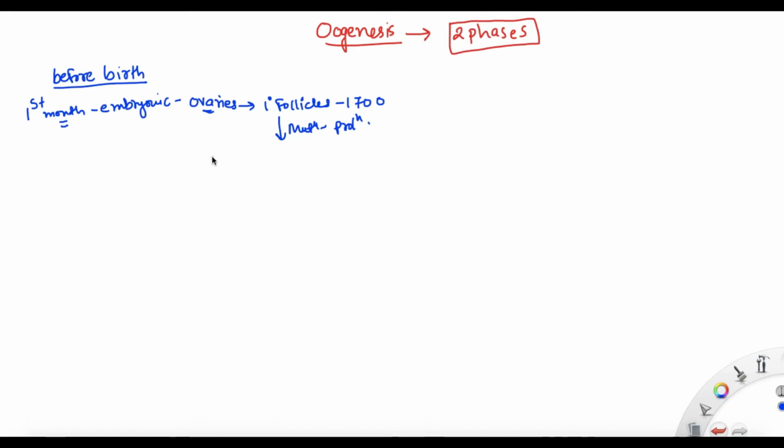And by the end of the 2nd month of embryonic development, this number would have increased to a few lakhs. Okay, maybe about 5 to 6 lakhs primary follicles will be made by the time the embryo is in the 2nd month.